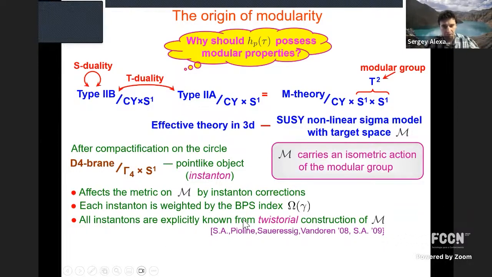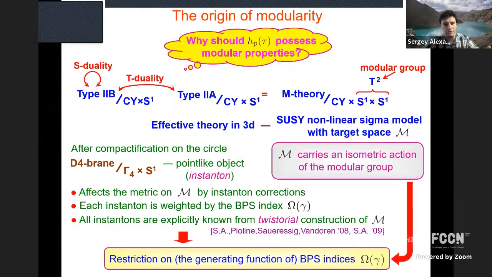So there is a twistorial construction of the full non-perturbative metric on this target space M. So you see, what do we have? We have a metric which depends on these BPS indices through the instanton corrections, and on the other hand, must carry an isometric action of SL(2,Z). Of course, this cannot happen for arbitrary BPS indices, and SL(2,Z) invariance imposes certain restrictions